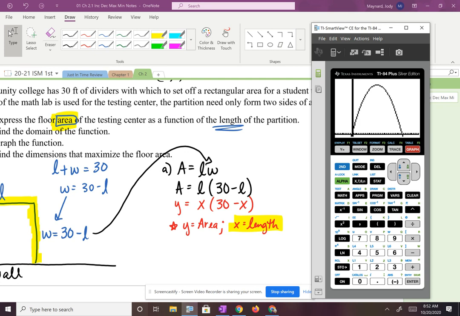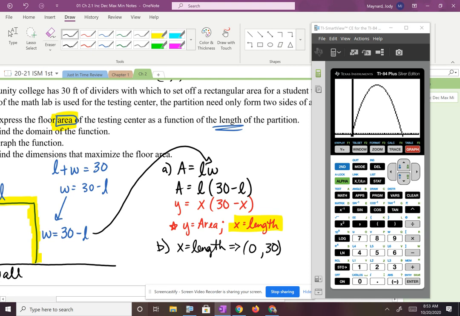But the problem is that really this stuff down here beneath the axes doesn't really exist in real life. We don't have a negative area. That doesn't make sense. So here, my domain, my x value, right? X equals length. So this can go in between, we said it can be up to 30, but it's not included, so it's going to be parentheses. What's the smallest it can be? 0, but it can't be exactly 0, right? So we're going to go anywhere from 0 to 30 and not include 0